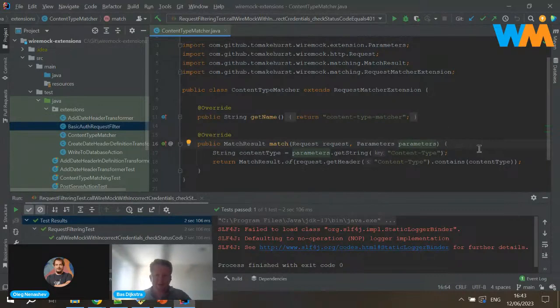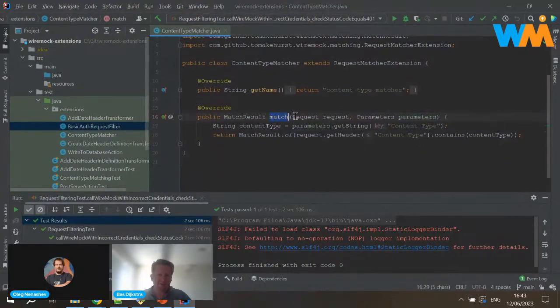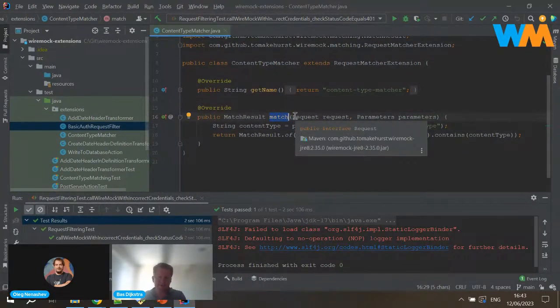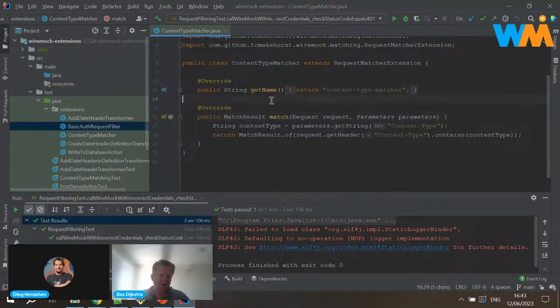So what this returns, this is again the important method. This is where you actually implement the matching logic, the matching behavior.